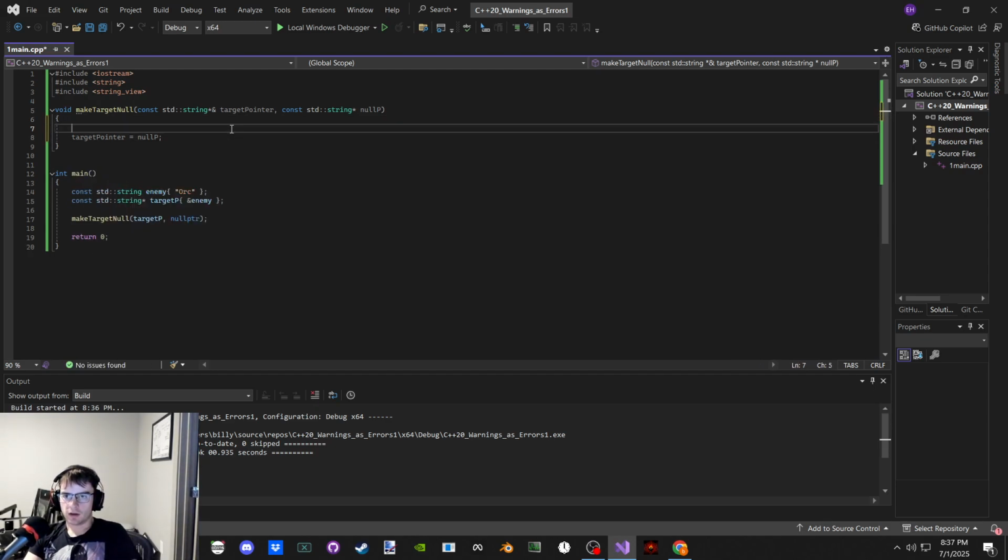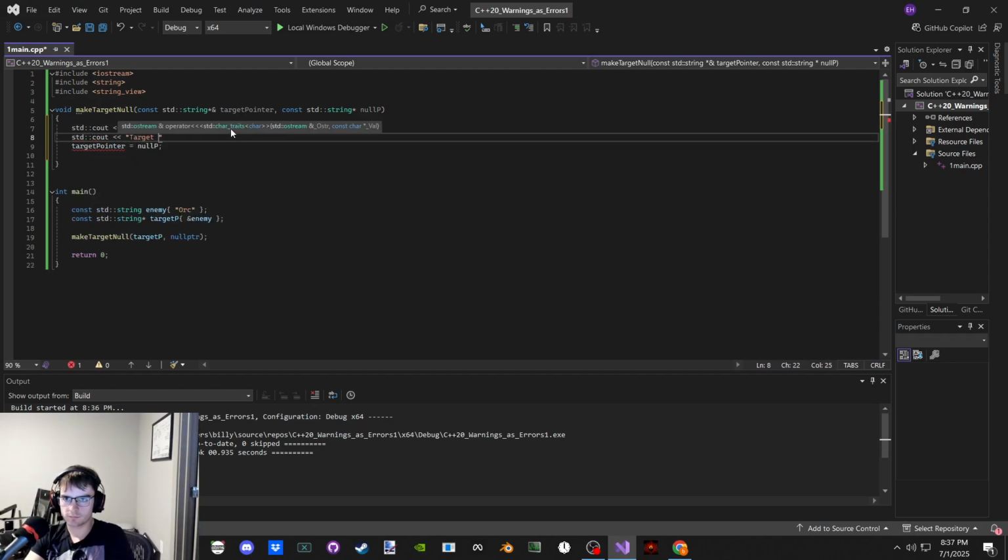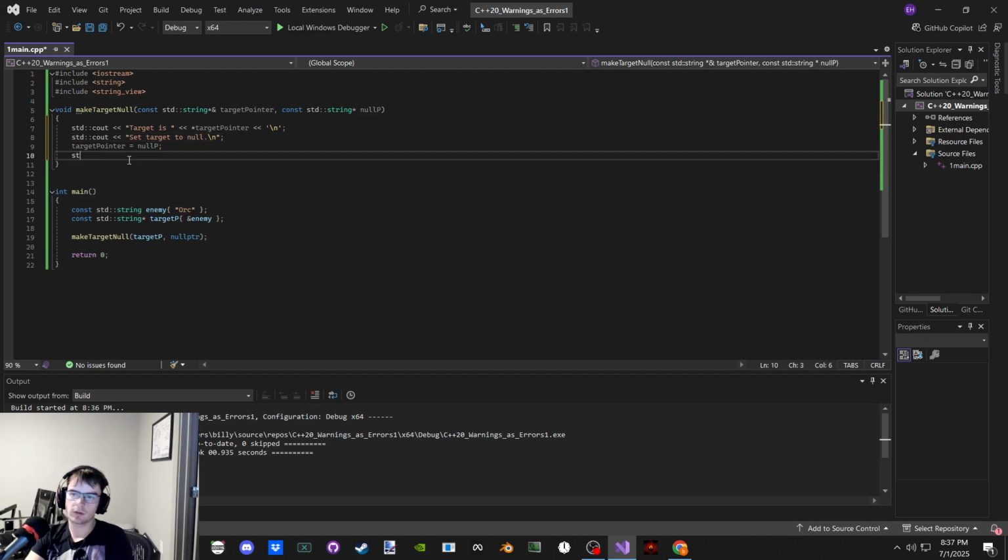And so we could say target is the dereferenced target pointer, and then we could say target made null, or rather set target to null, and then output target is.